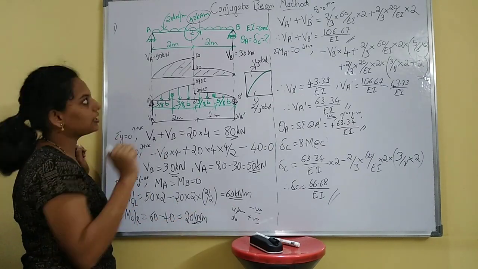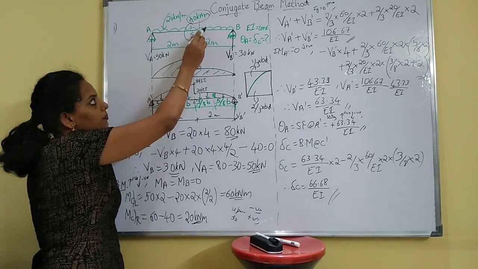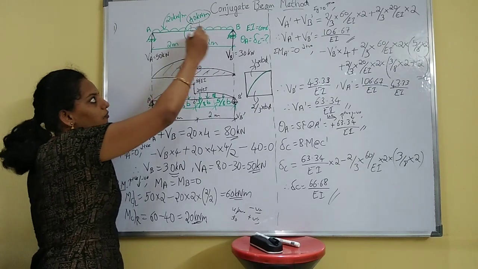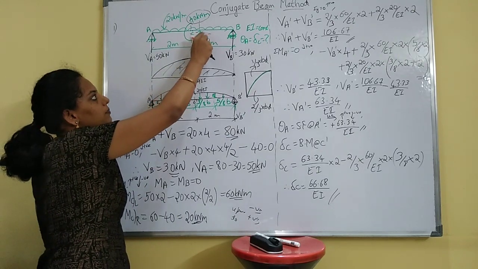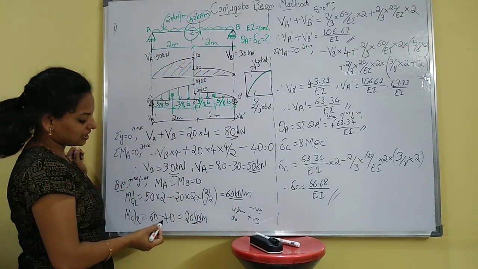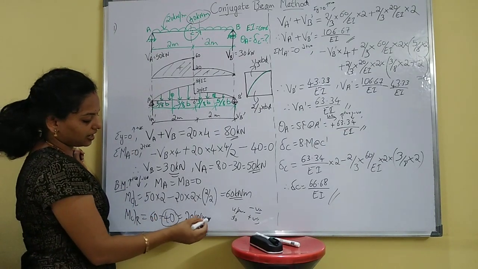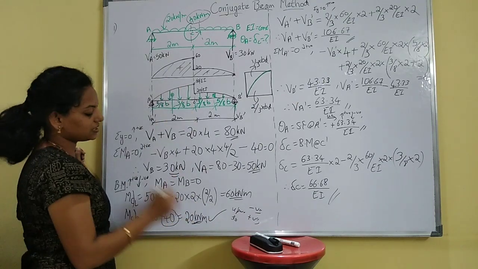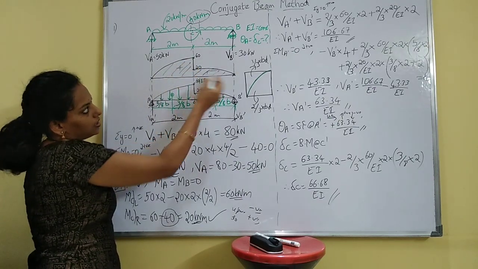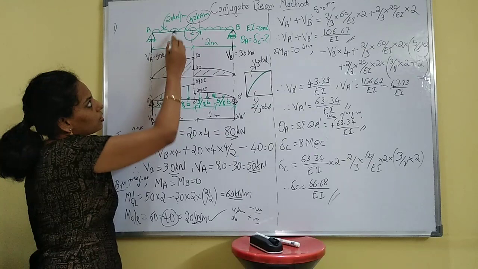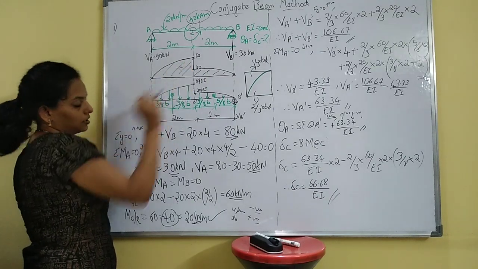This is better, I feel, because you can just see which region you are going to consider, and see how the beam bends. If the beam bends upward, then it is negative. If the beam bends downward, then it is positive. Here the beam bends upward, so it will be 60 minus 40. Calculate, and you get the value of MC right of C, that is 20. Just substitute here 0. Left of C is 60, right of C is 20. Just mark it; because it is a UDL, it is a parabolic curve here. So this will be the bending moment diagram.